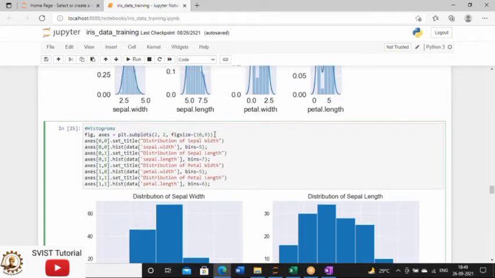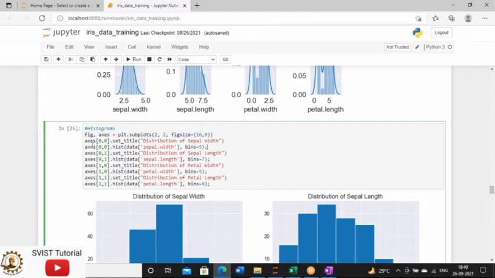Then I already defined yesterday what these parameters are. They are just the size of the subplots and the size of the graphs. This is 6 by 9, meaning the total size of the graph, the total size of the visual histogram, and these are the subplot size, 2 by 2.